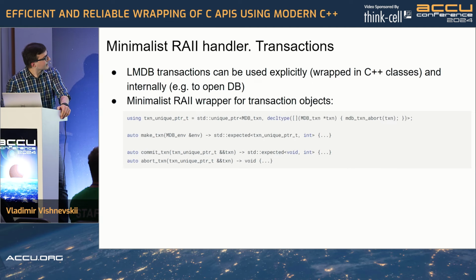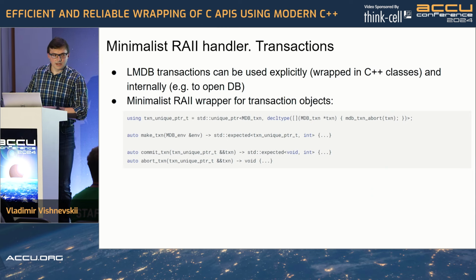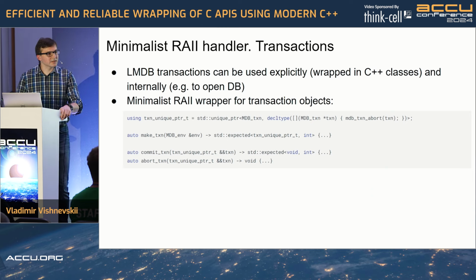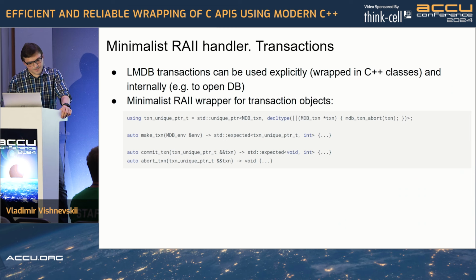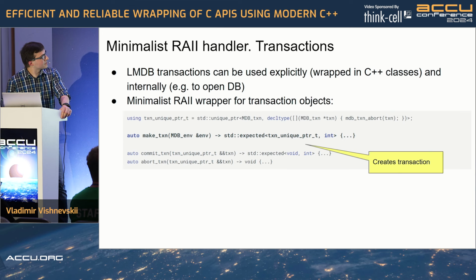In some APIs, and in our example as well, we have objects and resources that have different mutually exclusive termination states. For example, here we have a transaction. There can also be some form of allocated buffers that can be either sent or discarded. This pattern works quite well with those types of resources, but we need to design our API in a way that